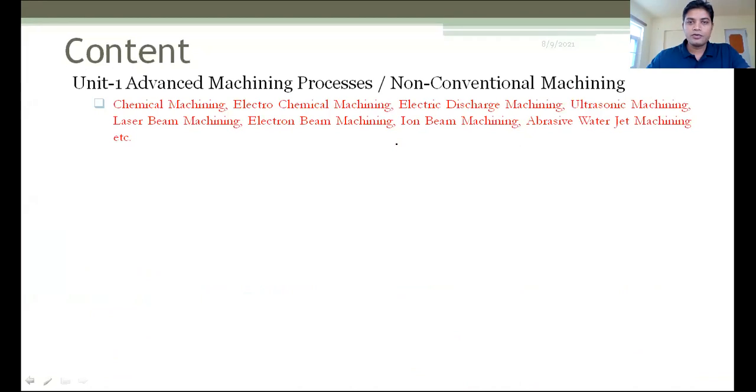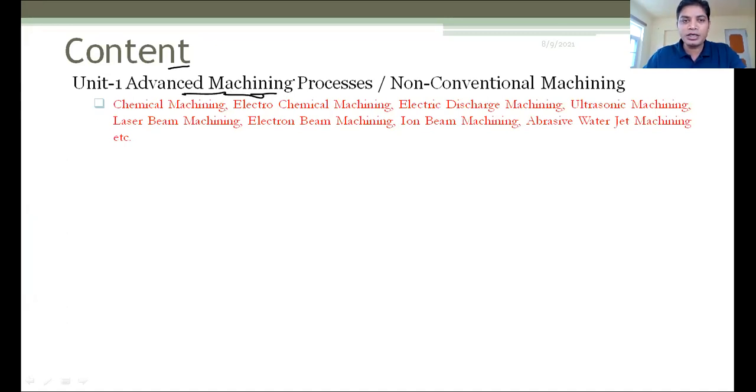So first, there are a total of 5 units in this subject. The first unit will be advanced, as it is an advanced manufacturing process, so all the units will be named with the word advanced. So first is advanced